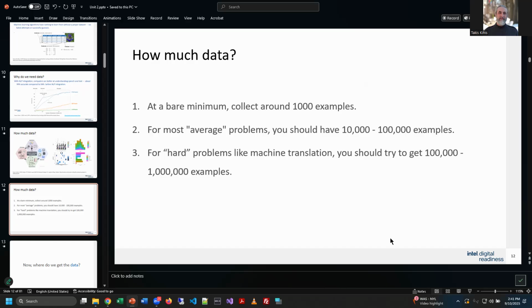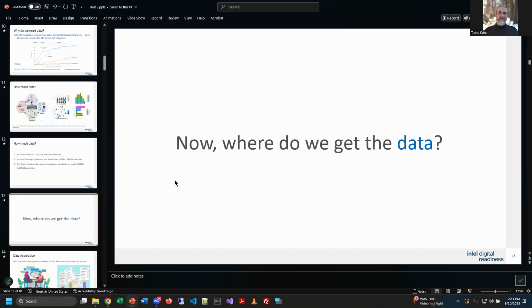For most average problems, you should have a data set with maybe 10,000 to 100,000 examples to train it really well. And for really hard problems that are much more difficult, it says you should start with 100,000 samples or examples and then go up to 1 million. So once again, the more, the better.